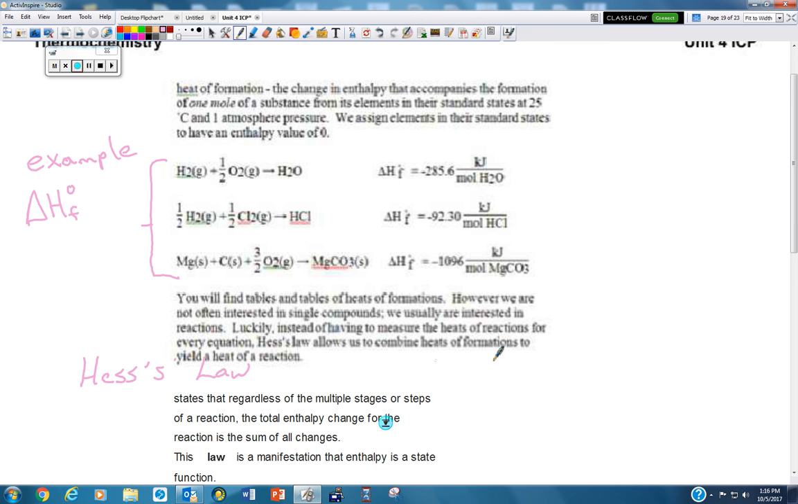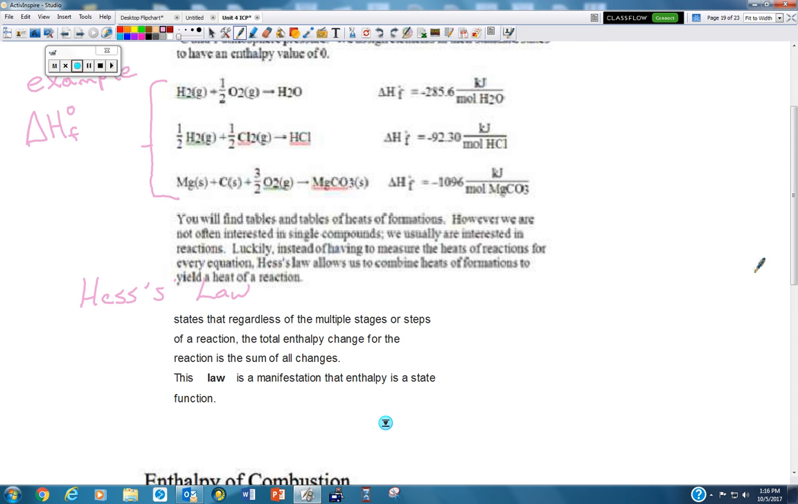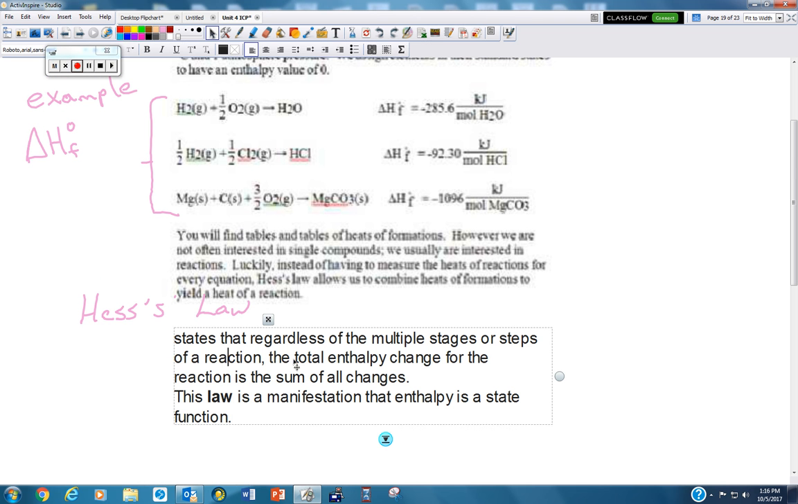All right, so ultimately, can y'all read this statement here? This is not in your notes. If I need to blow it up some, I can. All right, so